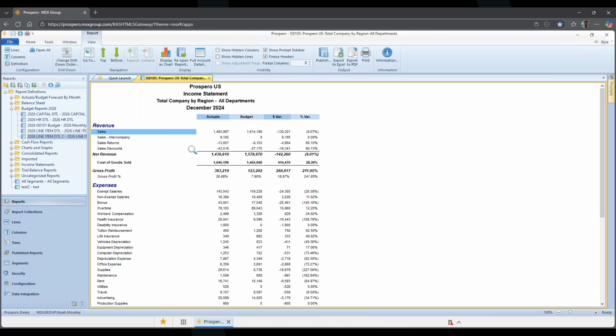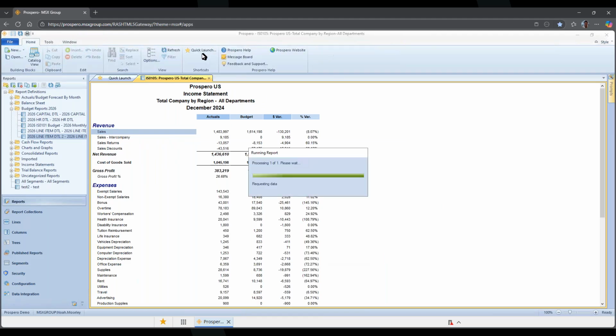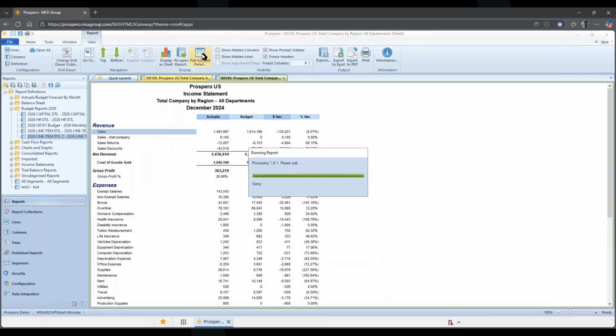Now, drill down, I did that for one row at a time, which is really handy. But I do want to mention that sometimes you might not want to have to do it one row at a time. You might want to be able to see all the details on one page. It's an easy process. There's an icon up top for full account detail. Click that once. This takes that report, opens up in a new tab for us, and automatically expands every row